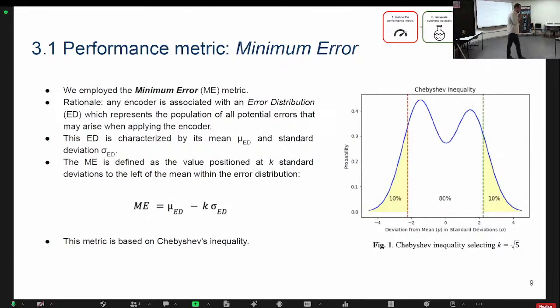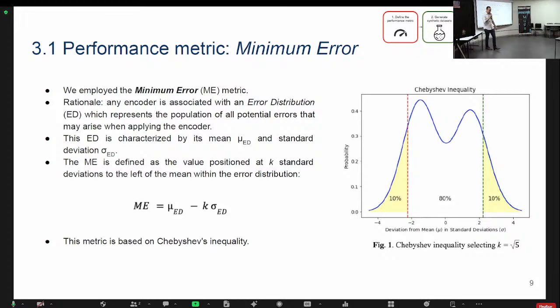Okay, so let's move on to the first step in our methodology. To measure the performance of the encoders, we use the minimum error. The rationale behind this error is that any encoder is associated with an error distribution, which represents the population of all the potential errors that may arise when someone uses this technique. And as we know, this error distribution is characterized by its mean and by its standard deviation. And the minimum error is a value positioned at k standard deviations to the left of the mean within the